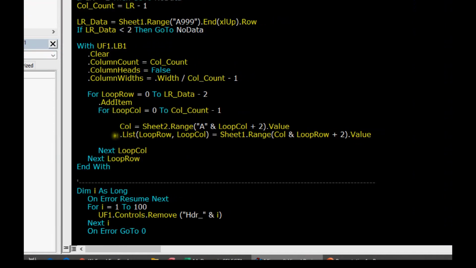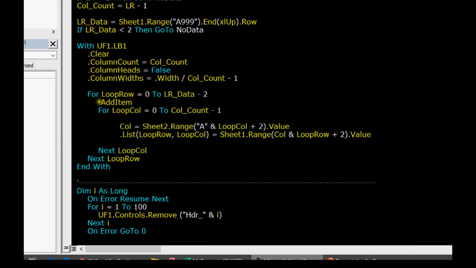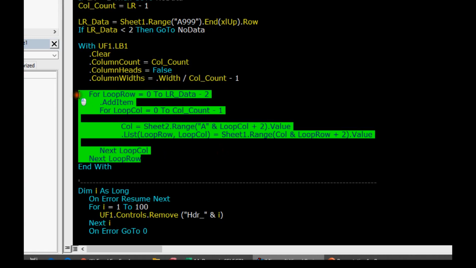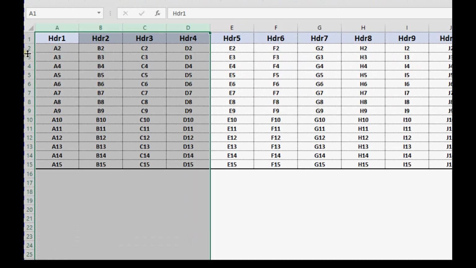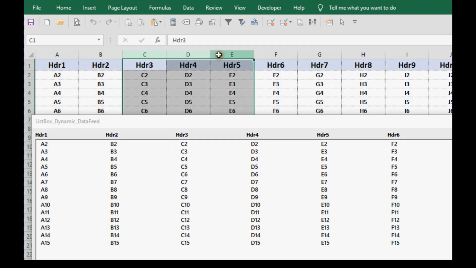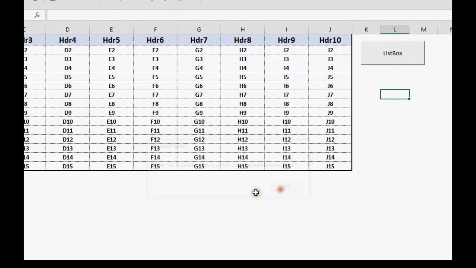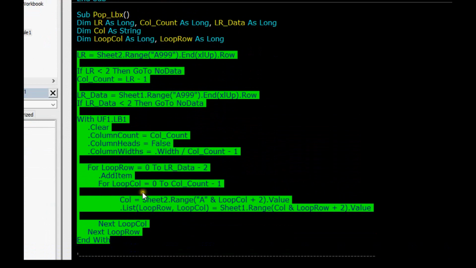So this one line adds all the items to the list box, looping within these 2 for loops. Within the row loop, we are initiating another loop for the column, and then we are adding those items to the list box. So this is the only code which is getting all the selected column items within the list box. 3, 4, 5 be selected. Okay, now this much part is clear. This is to populate the data in the list box.